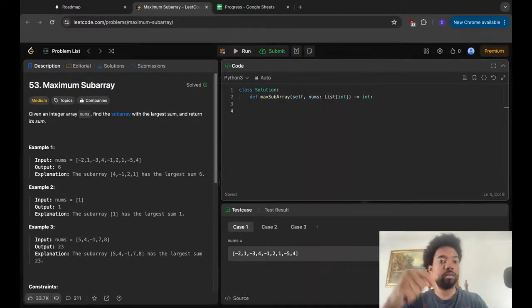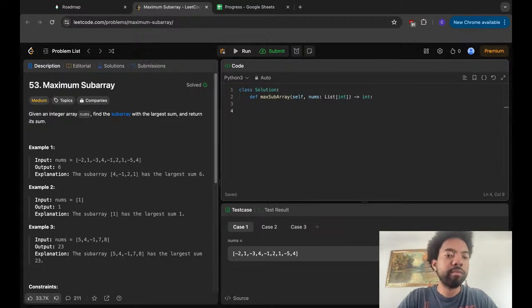Yeah, so for this problem, find a subarray with the largest sum and return its sum. I have this low-key memorized. But I think, let's see. The largest sum is 6. Yeah, I mean, essentially, what we want to do